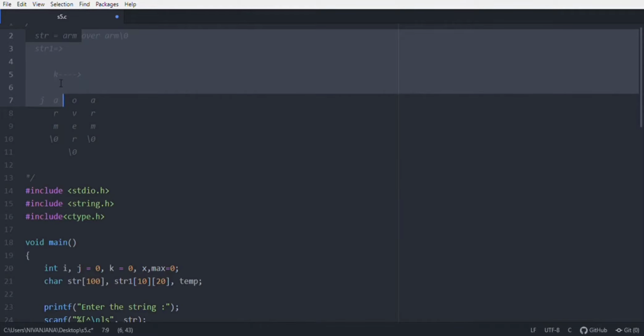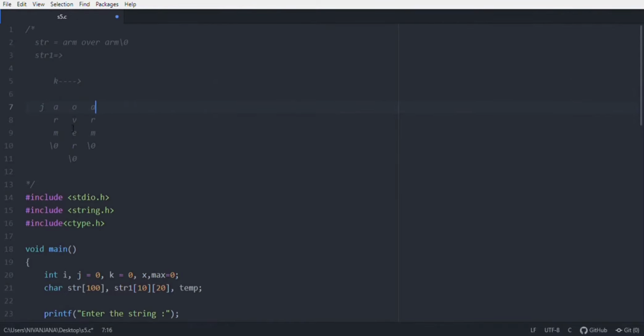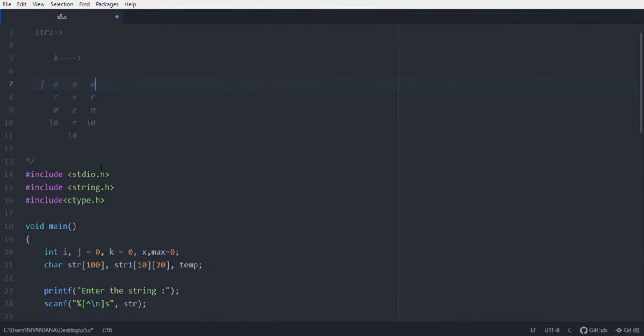First, "arm" will be stored in the k equal to 0 position, and then this white space occurs. So we will end it by adding a null character, and move to k equal to 1, and store this over here, and this white space occurs. So we will end it with a null character again, and move to k equal to 2, this "arm". So this is what our str1 will look like. I think the example is clear now. Then we will get each word in this two-dimensional array, and then we will check their number of occurrences. So now let's get into our solution.